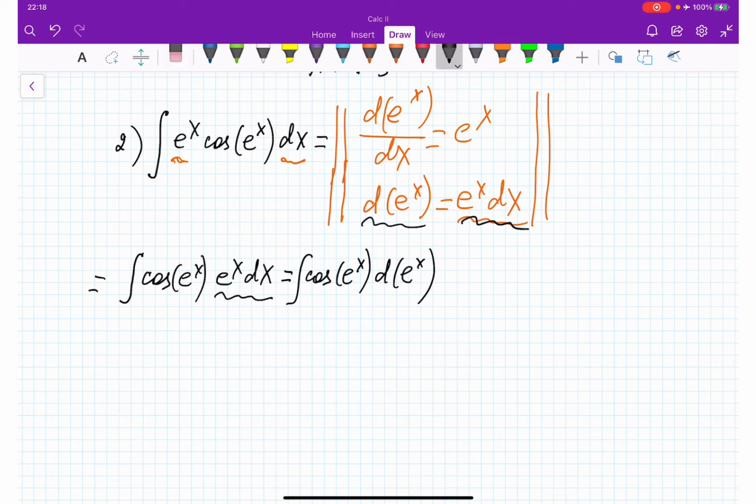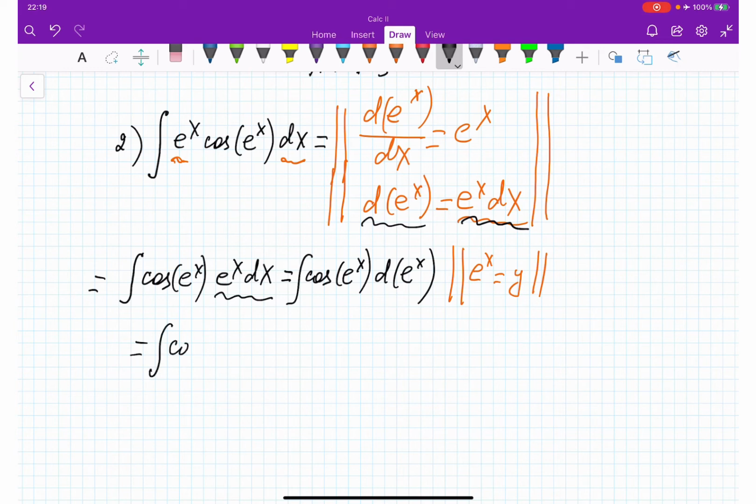So from here, let me see. Yeah, I was going to do substitution, correct. So I'm going to write down here substitution. It's going to be e to power x, it's going to be equal y. And therefore, we are going to get